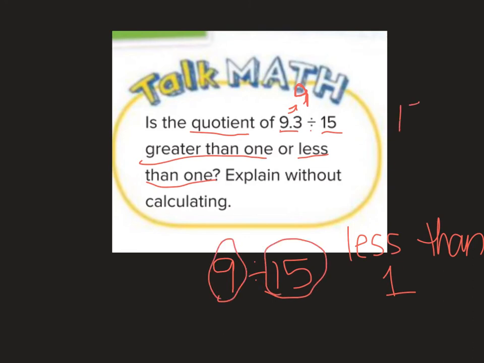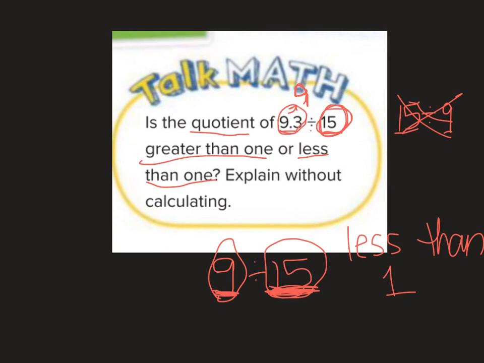If I would have done 15 divided by 9, well, I can do that. If I have 15 things and I'm dividing into 9 groups, I can do that. It's not going to be even. It's going to be a decimal. But if I have 9 apples and I'm trying to divide them among 15 friends, I'm going to have to cut them and give the friends less than 1 apple. I can't give them 1 apple because I only have 9 apples and I have 15 friends or 15 groups. Okay? So this one, I know it's going to be less than 1 because my divisor is greater than my